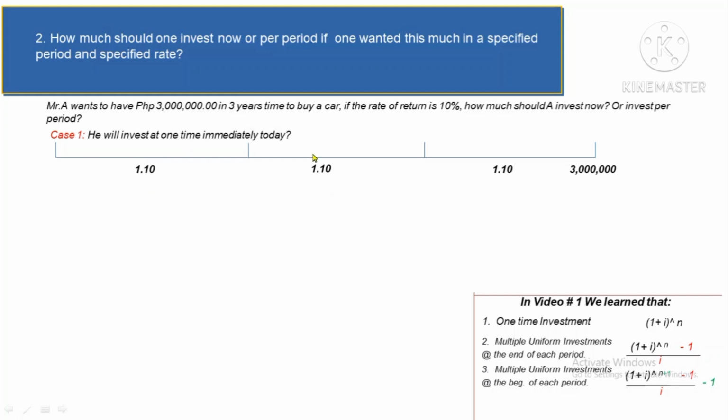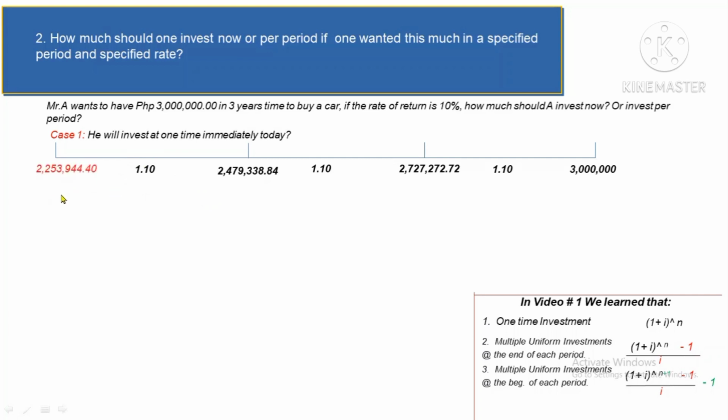In this particular case, since we are going to start here, the opposite of what we've learned in the past, instead of multiplying, we are going to divide 3 million by 1.10 and we get 2,727,272.72. This amount will then be divided again by 1.10 and we get 2,479,338.84. And lastly, we divide it by the last 1.10, which gives